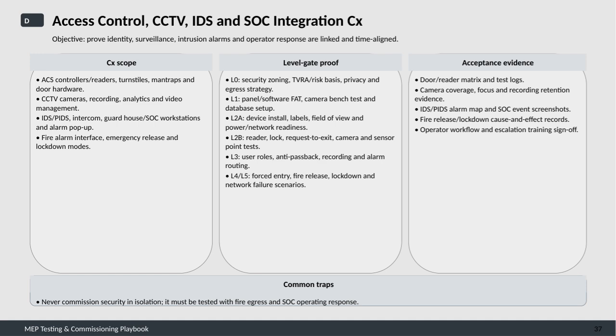lockdown, and network failures. Acceptance evidence includes various documentation and logs, like door and reader matrices, camera coverage proofs, alarm maps, SOC event screenshots, and records of fire release and lockdown cause and effect. Additionally, operator workflow verification and escalation training sign-offs are essential. A key caution is never to commission security systems in isolation. They must be tested in conjunction with fire egress protocols and SOC operational responses to ensure comprehensive safety and security